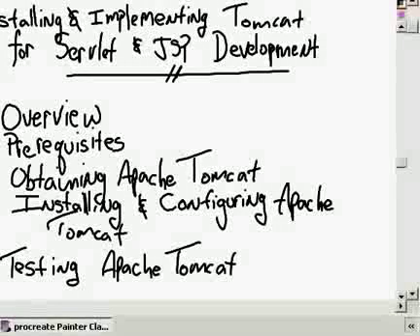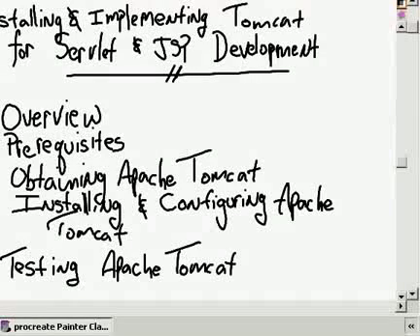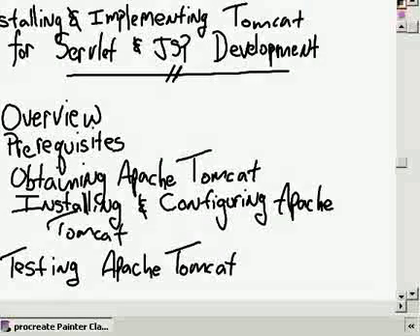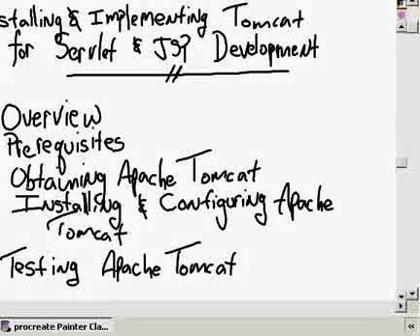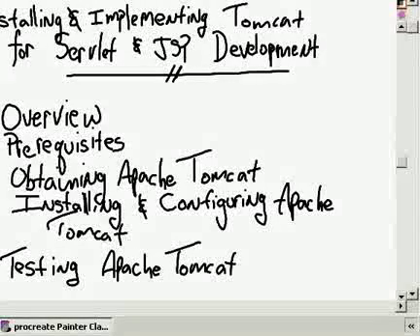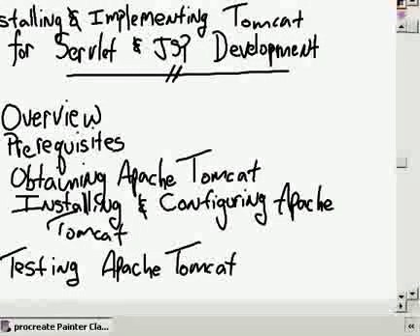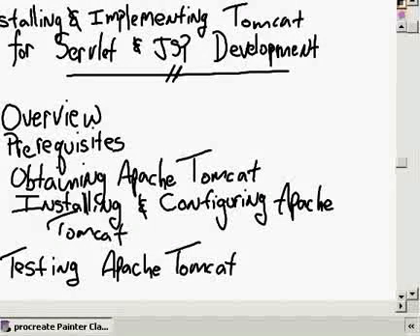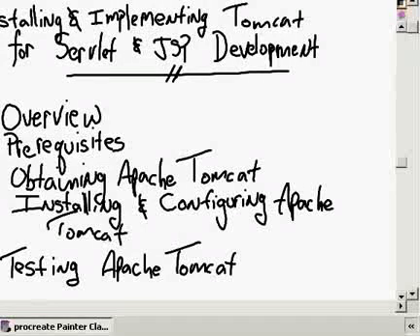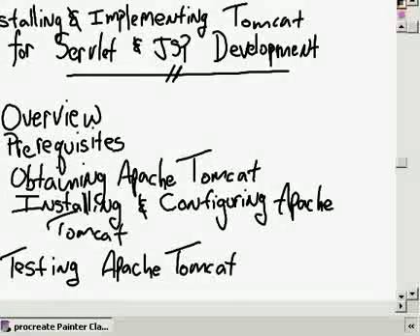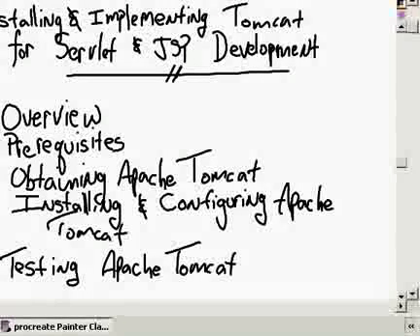So what I want to do is give you a nice overview of what server-side programming is, what it's all about, and compare and contrast that to client-side programming. Before you install Tomcat, you need a couple of prerequisites, so I'm going to go over that. Then I'm going to show you how to go out to the internet and download and install and configure Apache